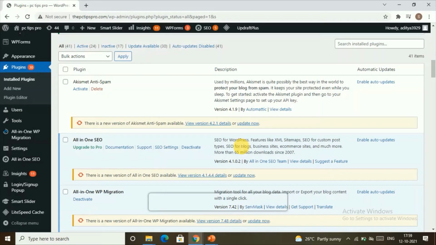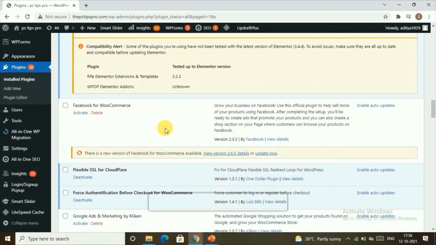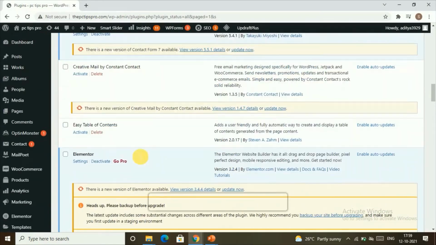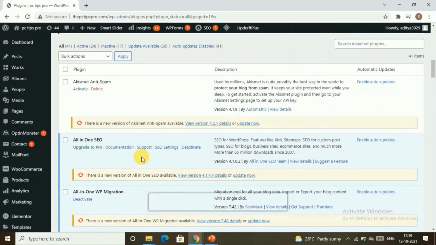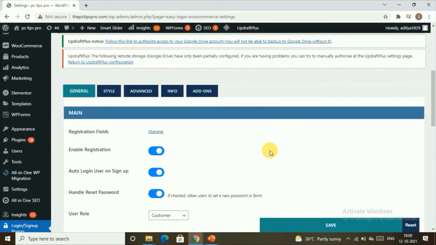Now in order to change the look of your forms, firstly we need to go to Plugins, and here we can find the settings of the plugin we have just installed, that is our sign up and login pop-up. Let's click on the settings of this, and here we go.